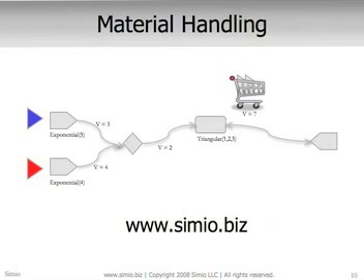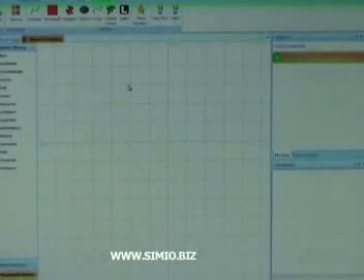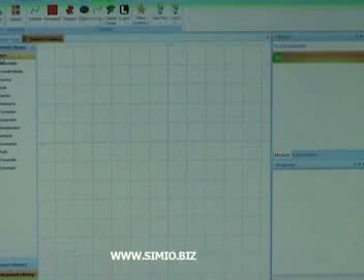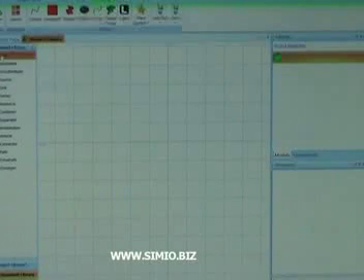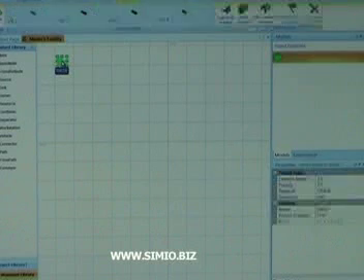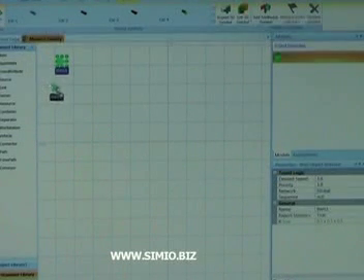Again, this model is relatively small, but it's got a lot of complexities. The merger of the conveyors and the transporter behavior are both relatively complex things that are difficult to model in many systems. To build this model, the first thing we're going to do is to place the objects to represent our two different types of entities that move through the system. So we'll place an item 1 and we'll place an item 2,